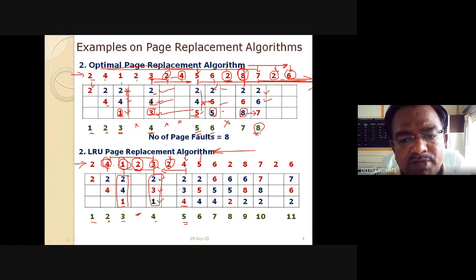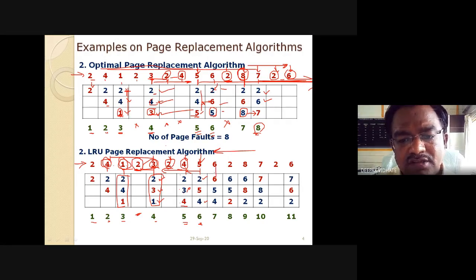Now the next memory reference is 5. For 5, the page fault occurs, page fault number 6. So from 5, I have to look in this direction. 4 is recently used, so 4 is there. Then 2 is there. So there is no question about 3. 3 is at a long distance as compared to 2 and 4 from 5. That's why 5 is placed here instead of 3, right?